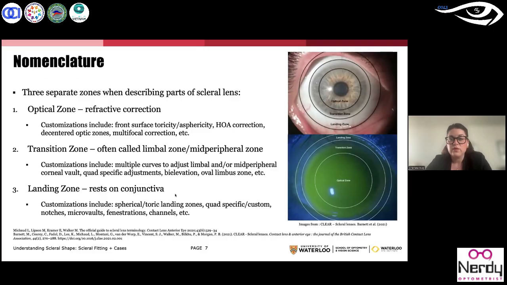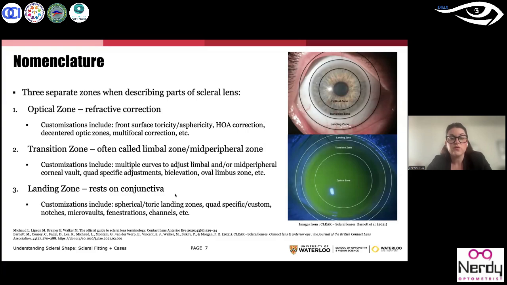So just before we really dive in, a quick note about some terminology. This terminology was adopted by the Scleral Lens Education Society in 2018. When we're talking about the parts of a scleral lens, we have three separate zones. First, that middle optical portion that houses the refractive correction, and you can have a number of customizations in that